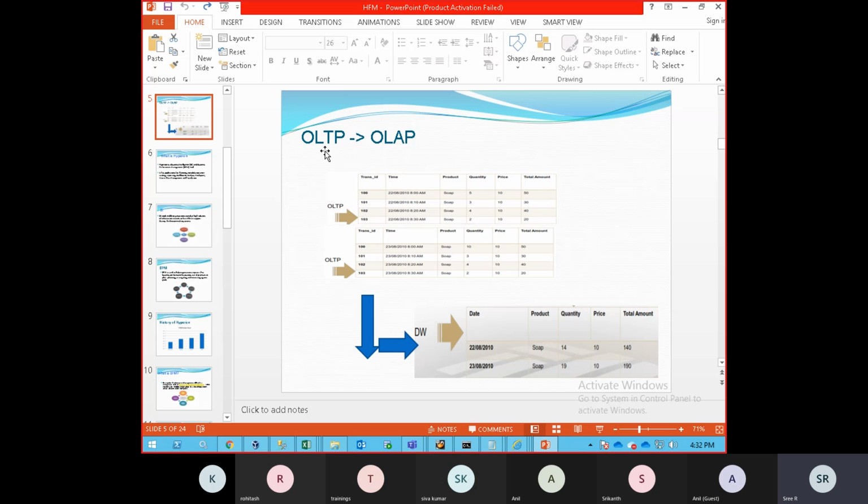But if you want to know last year's data, how much was available last September, is it possible to retrieve that from the ATM? No, I need a statement for that. That statement will come from the data warehouse. You have to go to the bank or log into net banking.